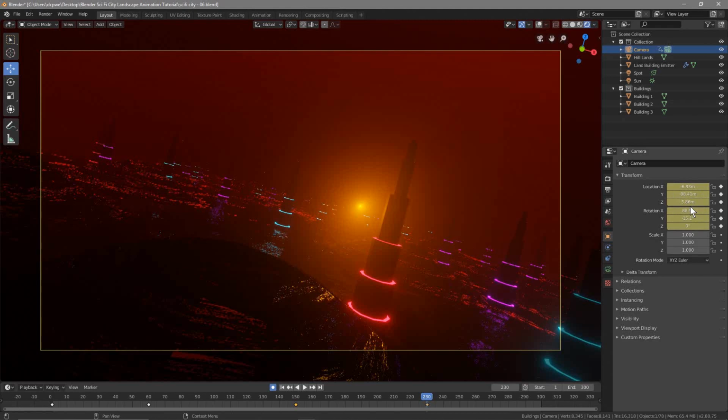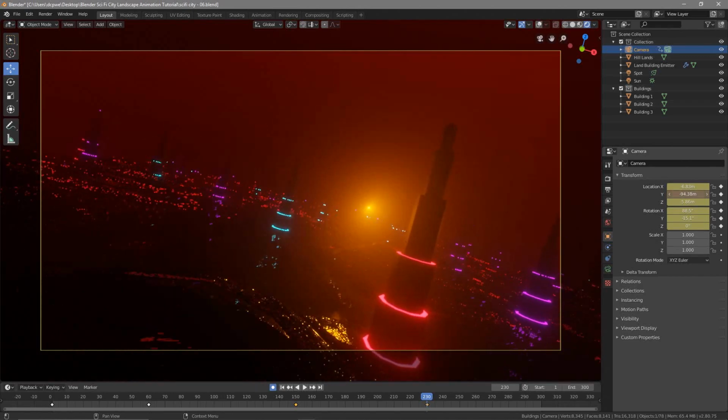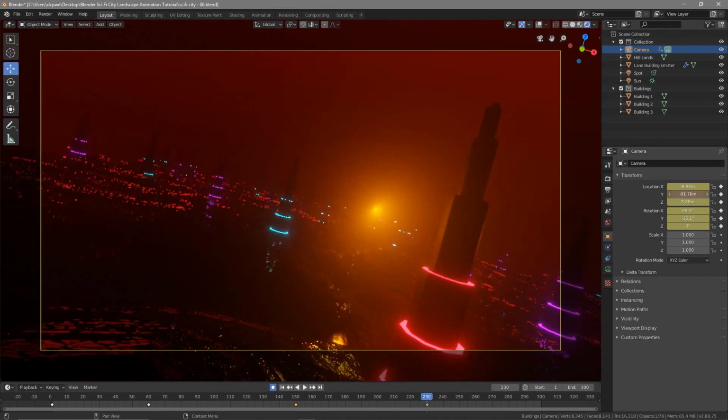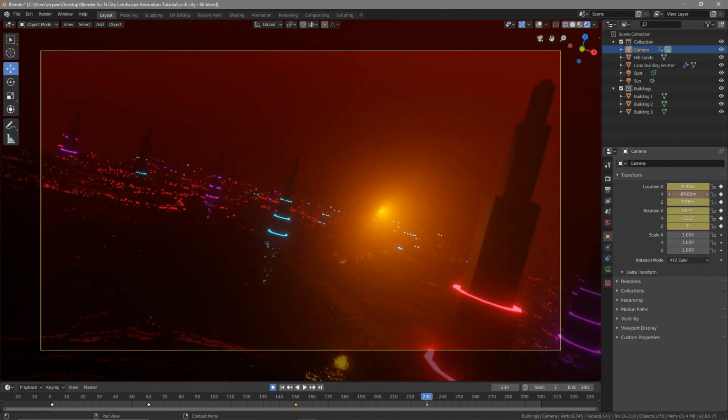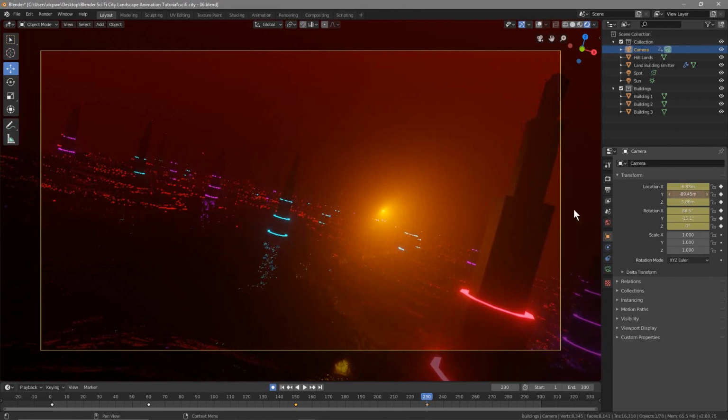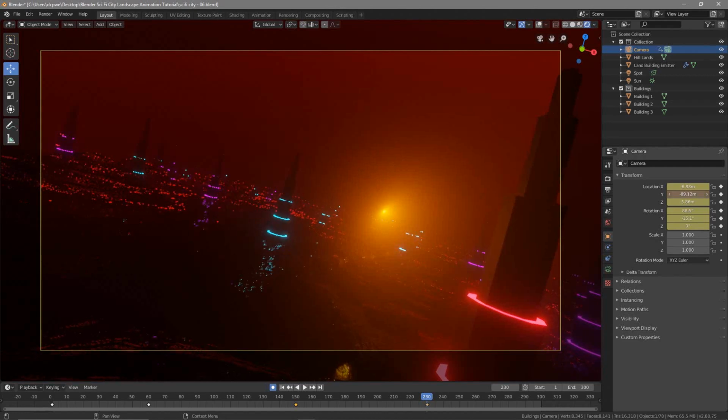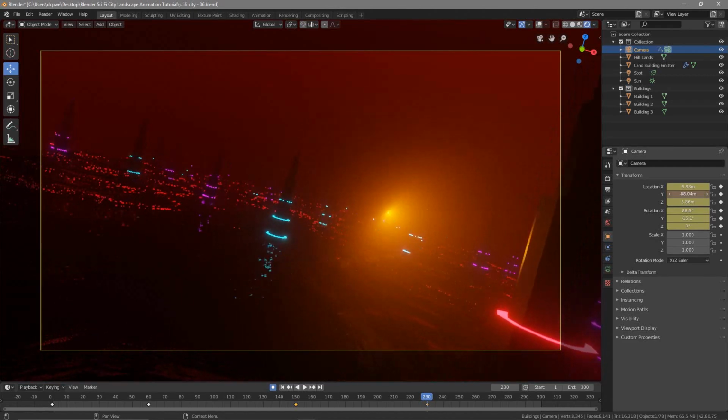So we're going to insert keyframes for these ones as well. And we're going to move this camera forward some, right? So let's start moving it forward. Let's try and get it into a good place around, let's say, probably around, I want to see this building on the side a little bit. So I think maybe a bit more forward, something like here. So we're pretty close to this building here on the side, and we want to now,